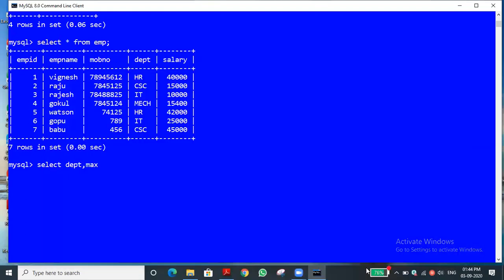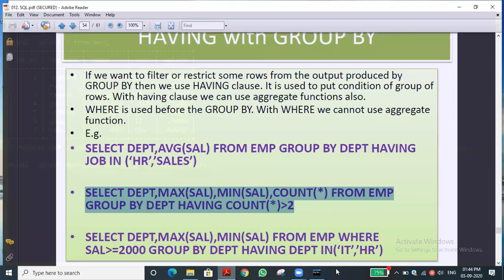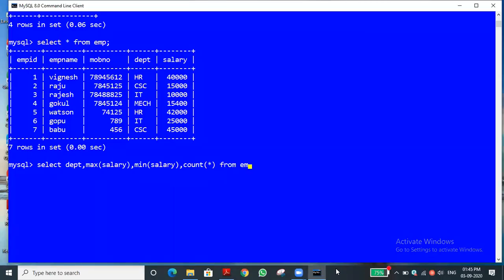Department, max of salary, comma, min of salary, and count all. I'm using the count function. Next is from EMP, from the EMP table.